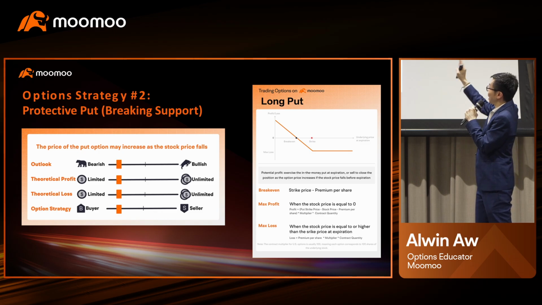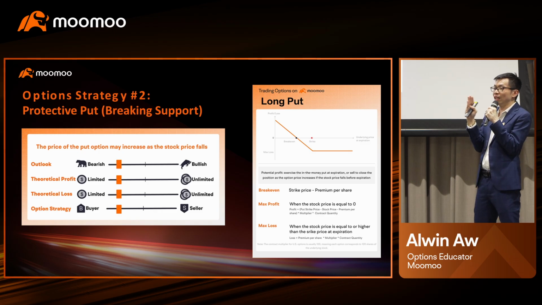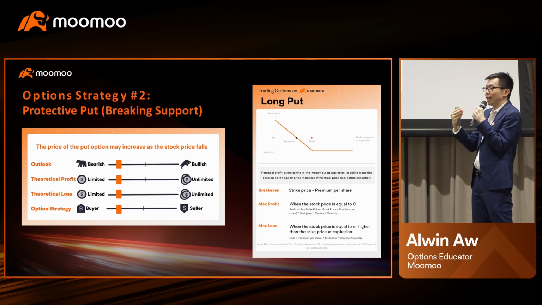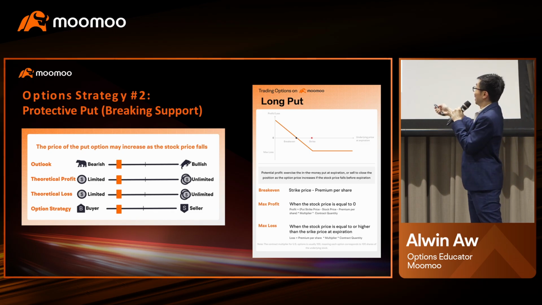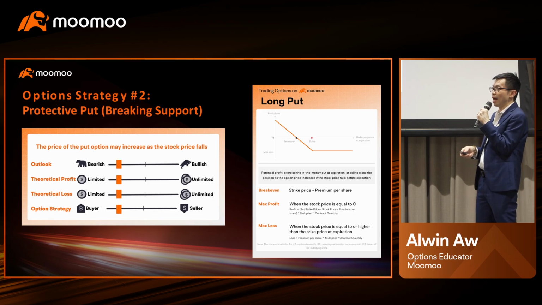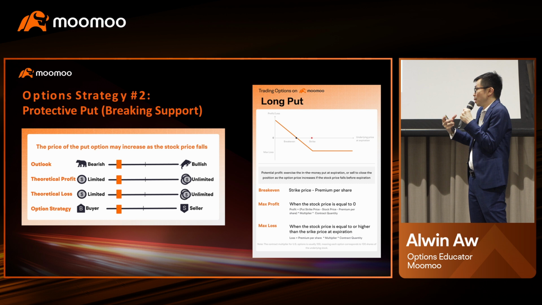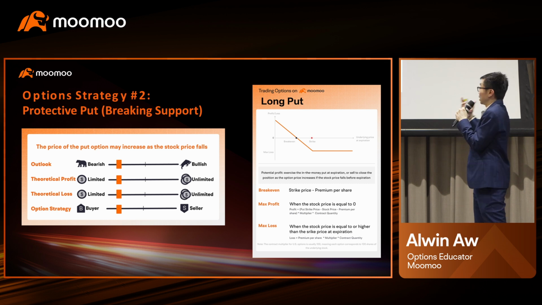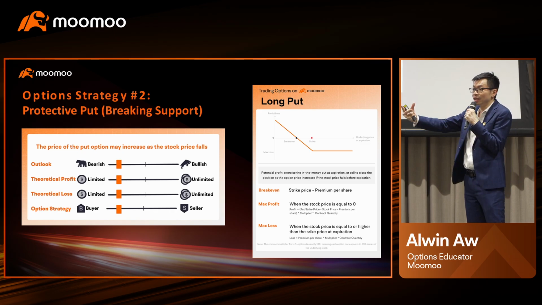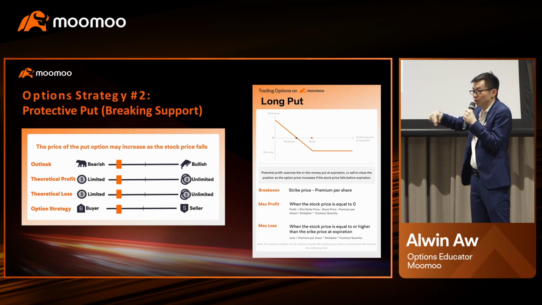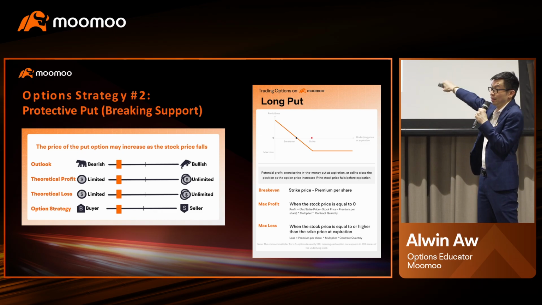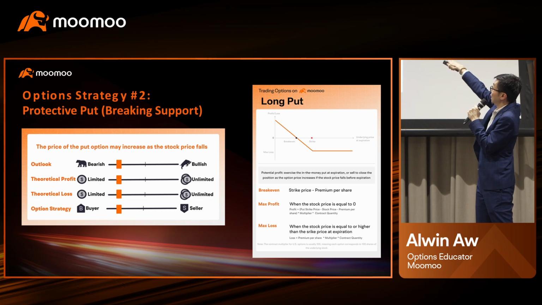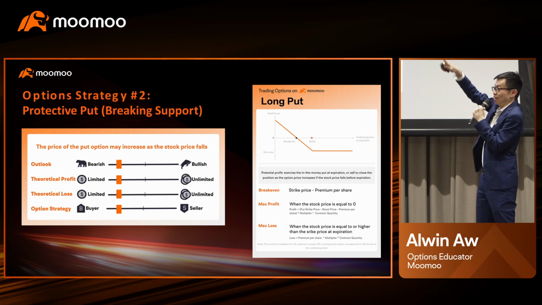So based on this chart, we can see there's always a break-even point based on the premium that you pay, okay? So the max loss is that, and for max profit, as long as this is a buy put that you put in, whatever amount you pay, you lose the maximum amount, and whatever profit is unlimited. As long as the stock price goes even to zero, you will enjoy maximum profit. Yeah? So that's why you can see the curve is like an L shape.